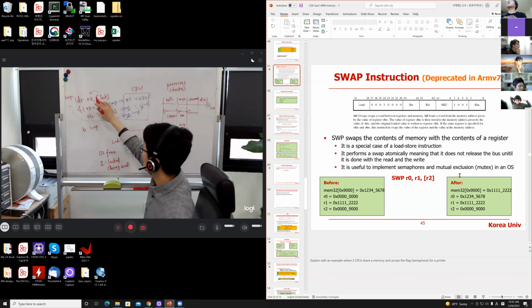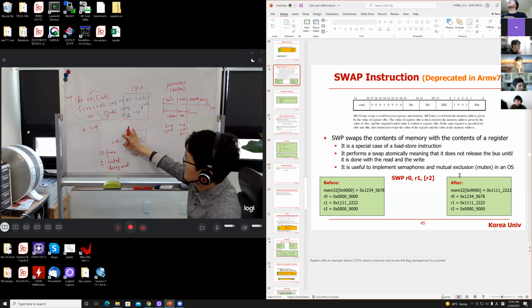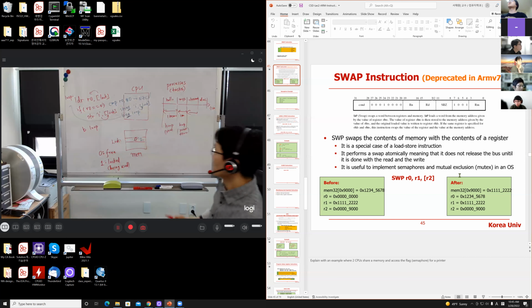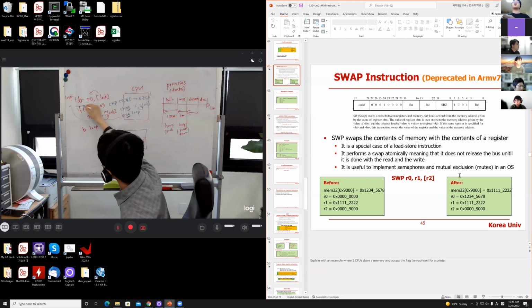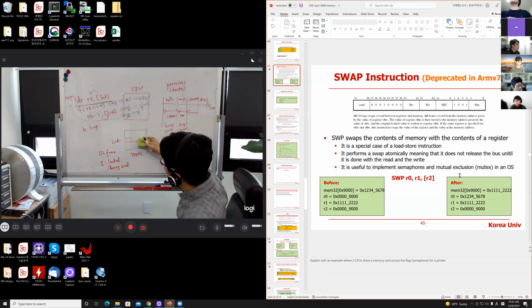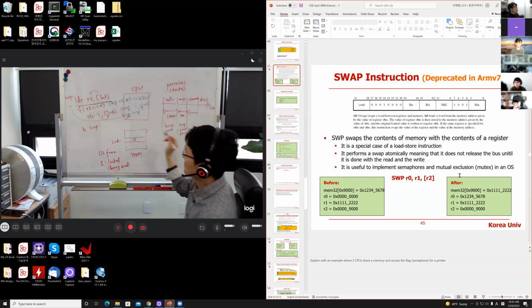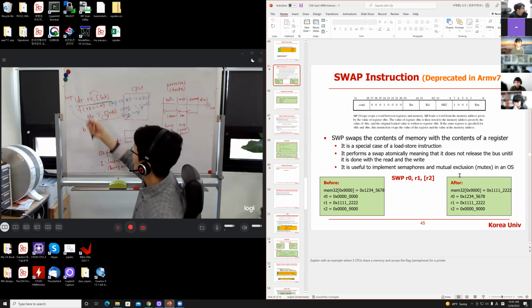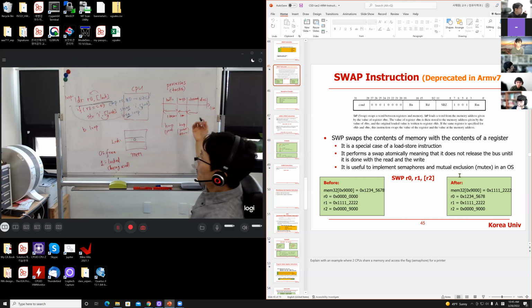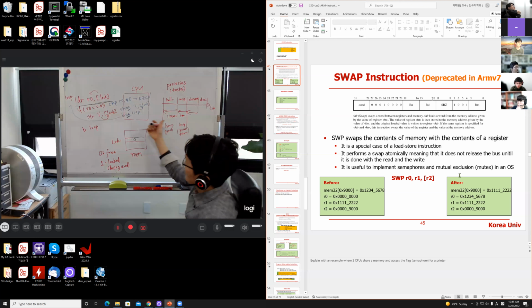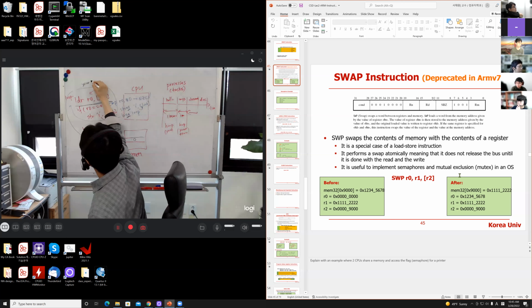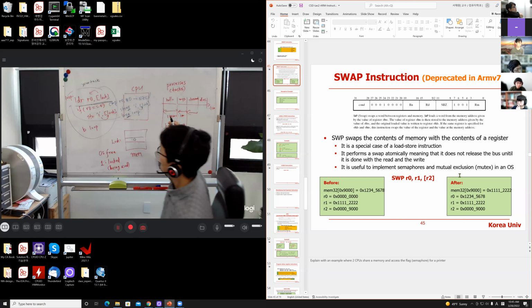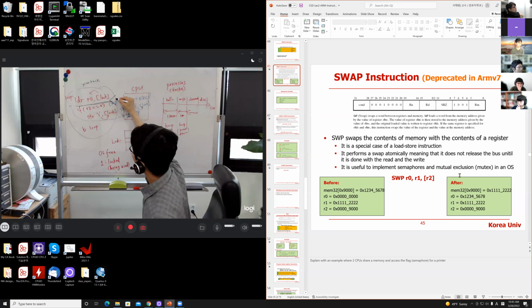If you use those instructions to implement that lock variable checking mechanism, we have some problem. So what do you think? What is the problem? What if the CPU executed that instruction? Assume that initially this one is 0. Then you executed this LDR instruction. Then the operating system decided to kick out your checking task. Context